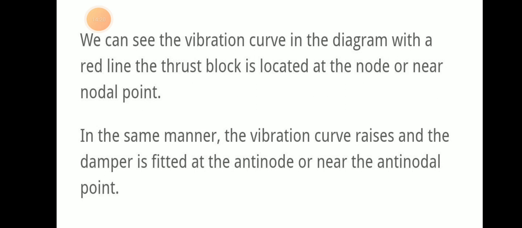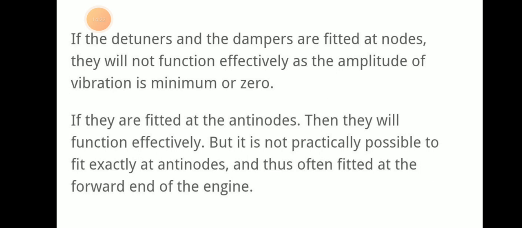If the detuner and damper are fitted at nodes, they will not function effectively as the amplitude of vibration is minimum or zero. Yes, that's the main reason. If you place the detuner or vibration damper at a nodal point, they will not function properly because at the nodal point the vibration will be minimum or zero. So we have to place the detuner or dampers at an antinodal point where the vibration is maximum, or near the antinodal point. If they are fitted at the antinodes, they will function effectively,